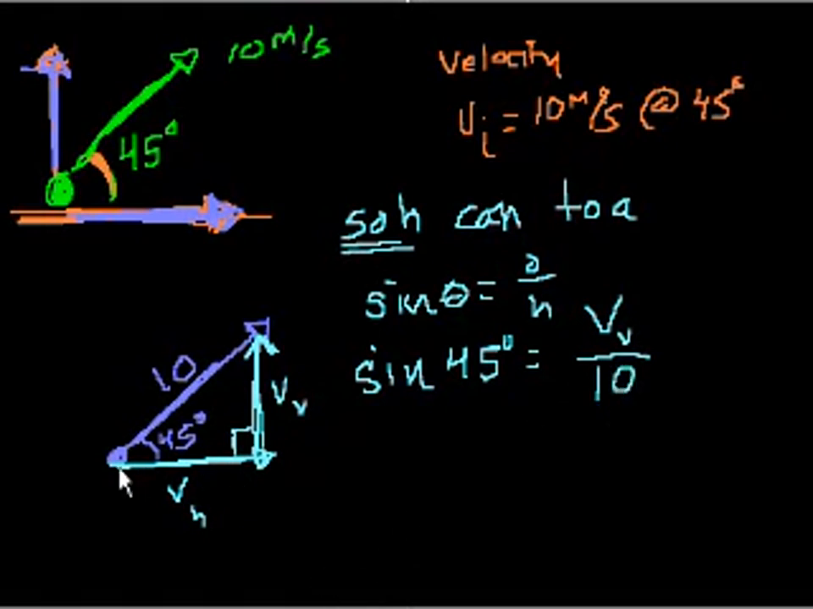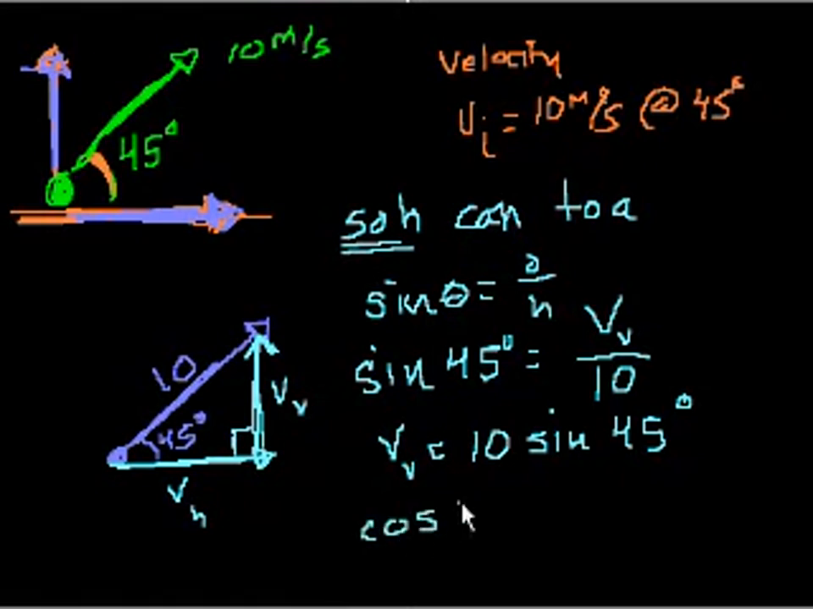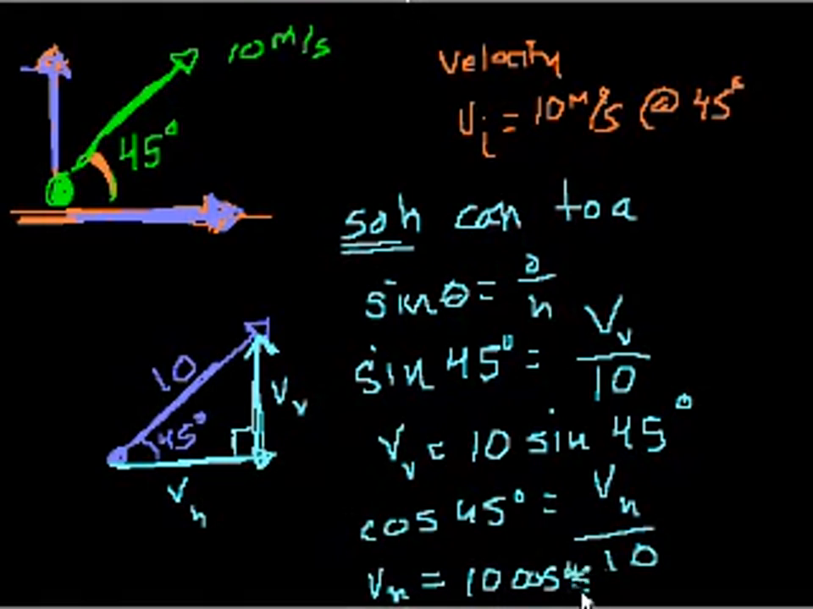And what's my horizontal velocity? If I were to solve for vertical velocity, I get vertical velocity is equal to 10 times the sine of 45 degrees. And then similarly, my horizontal velocity is the adjacent over hypotenuse, CAH, adjacent over hypotenuse, so it's cosine. So I could say cosine of 45 degrees is equal to my horizontal velocity over 10, or my horizontal velocity is equal to 10 times the cosine of 45 degrees. I'm about to run out of time, so I'm not going to continue this in the next